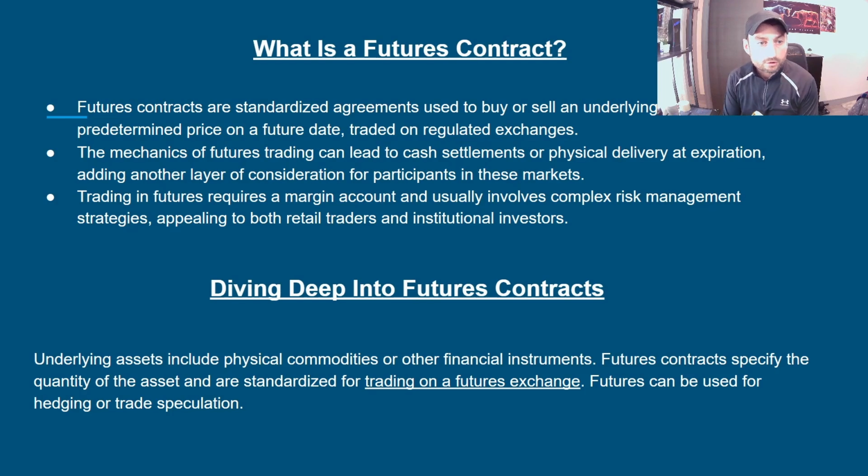So what is a futures contract? A futures contract is a standardized agreement between a buyer and a seller of an underlying asset, i.e. gold, oil, at a predetermined price, so whatever the price is on the chart at that time, and it's going to be traded on a regulated exchange, like the CME, which is the Chicago Mercantile Exchange. This is why I like to trade futures, because everything's centralized and regulated, so there's no shady business going on. Every broker that you go with in futures has the same prices, same slippage,